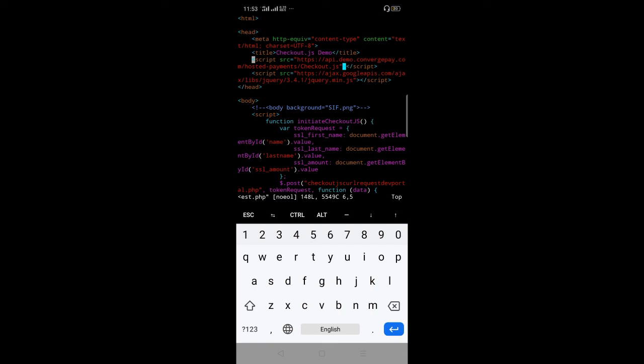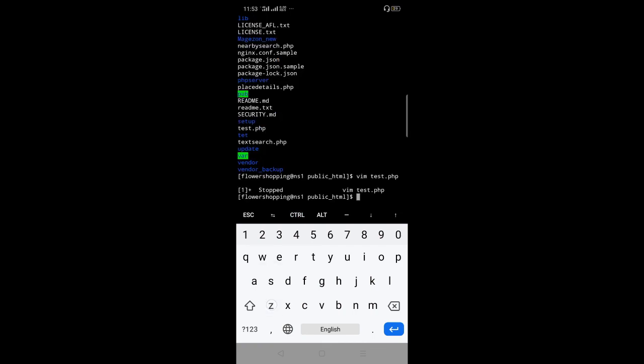If you want to close this file, then press the enter button and Ctrl+Z, and you are back. So as you can see, you can access all your Linux commands from your mobile devices using this Termux app.